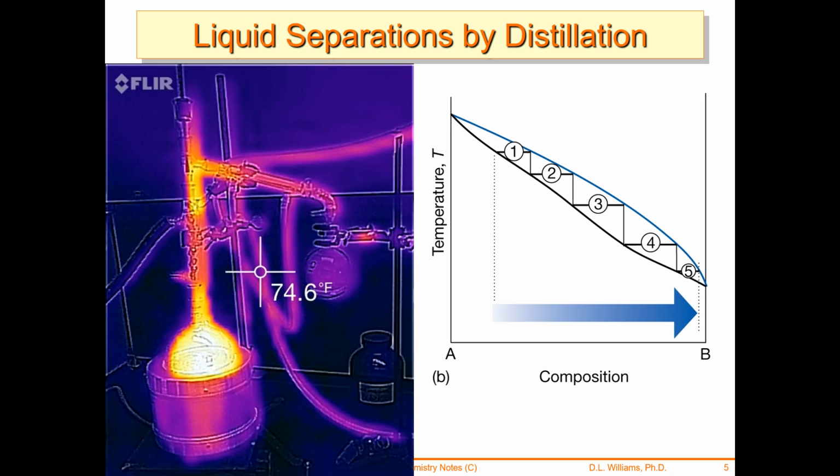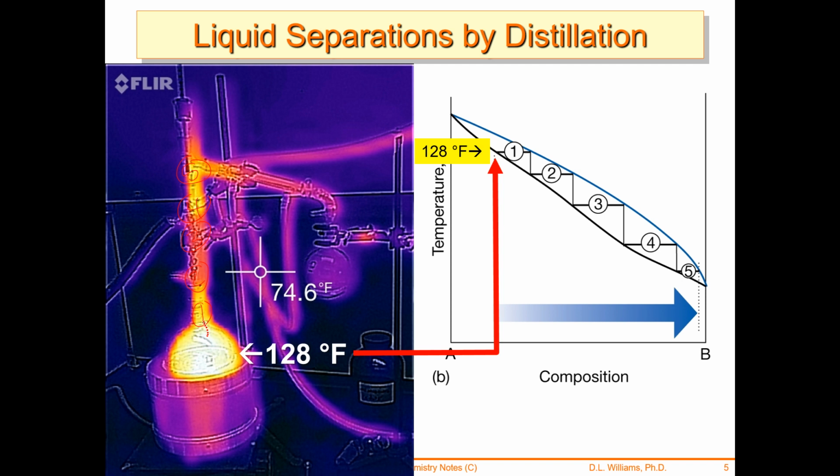And so let's compare these multiple steps to this column. Down here at the still bottom, 128 degrees Fahrenheit. This is what the infrared camera was measuring. And that is the temperature right there. Okay, so that's down at the still bottom. And then you have all these condensations going on. So you might have 1 here, 1, 2, 3, 4, and 5